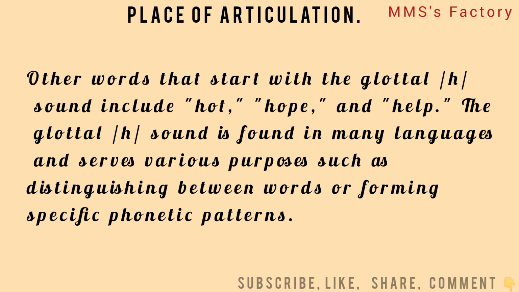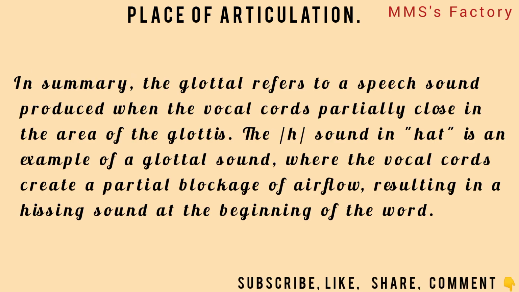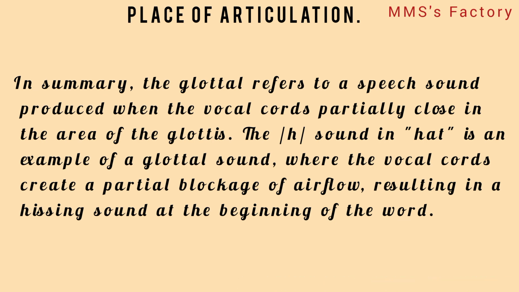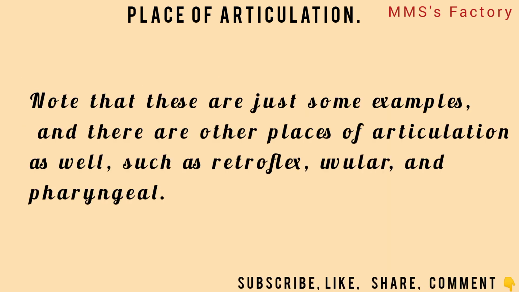The glottal H sound is found in many languages and serves various purposes such as distinguishing between words or forming specific phonetic patterns. In summary, the glottal refers to a speech sound produced when the vocal cords partially close in the area of the glottis. The sound in hat is an example of a glottal sound, where the vocal cords create a partial blockage of airflow, resulting in a hissing sound at the beginning of the word. Note that these are just some examples, and there are other places of articulation as well, such as retroflex, uvular,